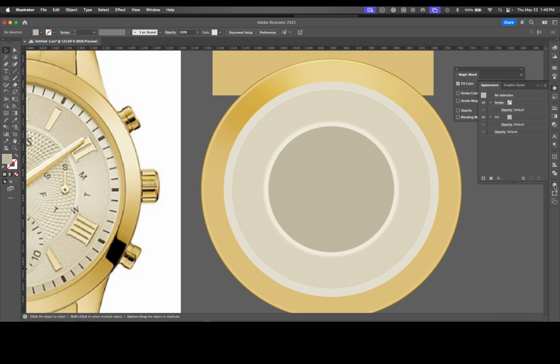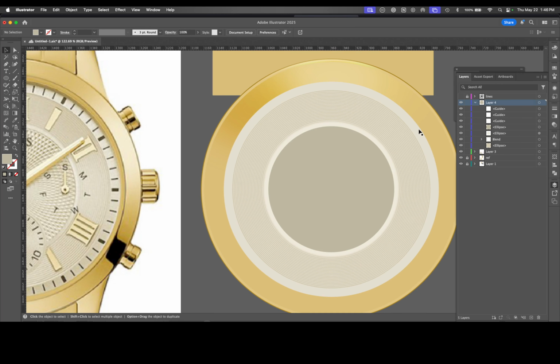And let's unlock the layer that's locked there. I'm going to grab this guy, and I'm going to copy, paste in front, and I'm going to come just inside of that edge. Okay. And then I'm going to copy, paste in front, and I'm going to go just outside of that